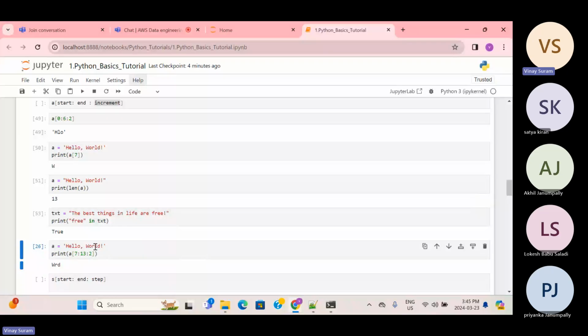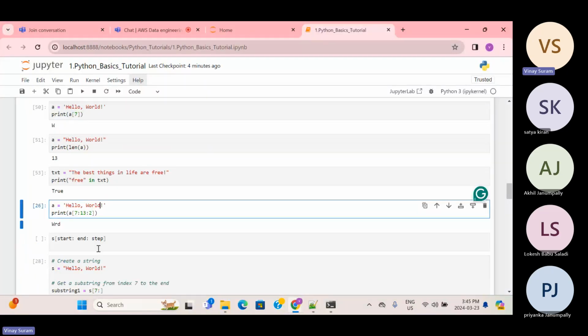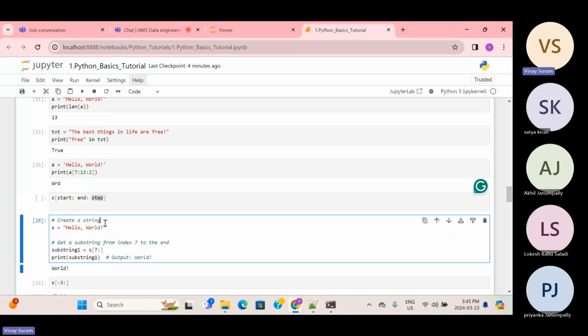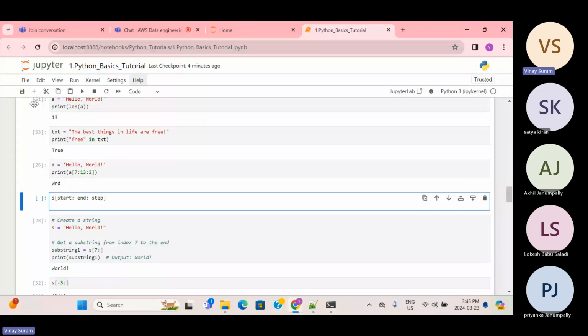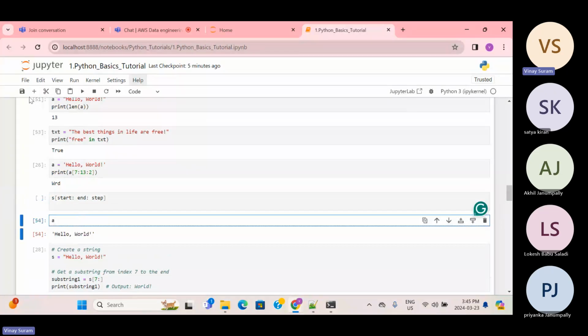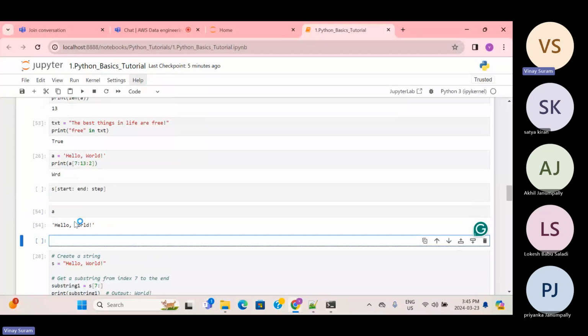And the other one, this one we already dealt with. Here again, step means increment, both are the same name. And then we have negative indexing as well. Negative indexing, in the sense we have A. What is A right now? Hello world. Okay, so now I'll start with A